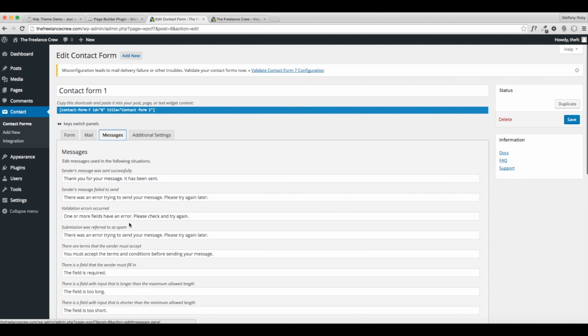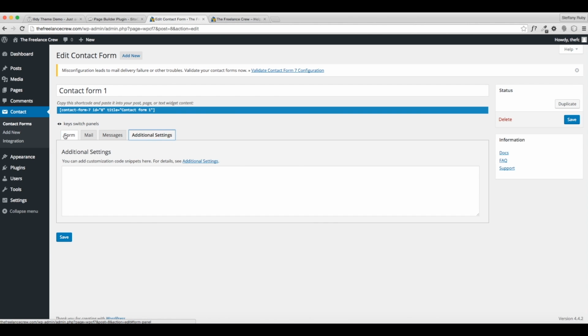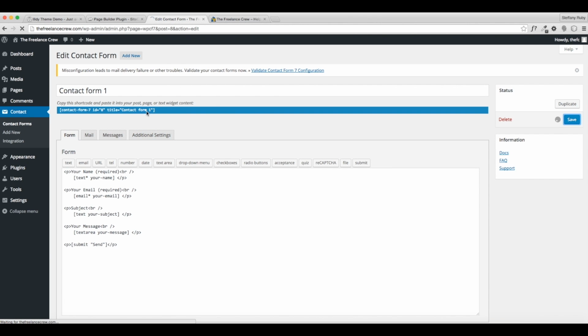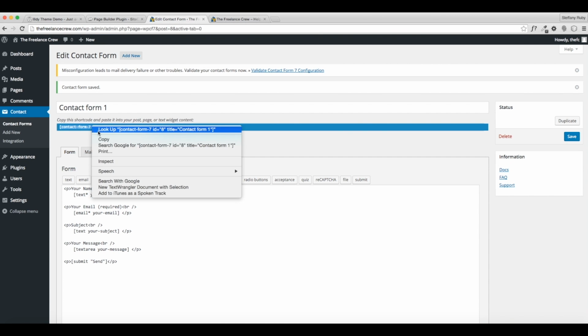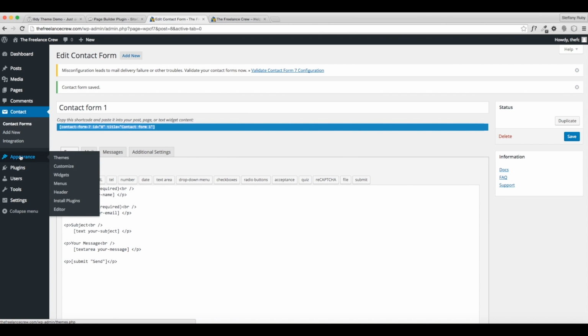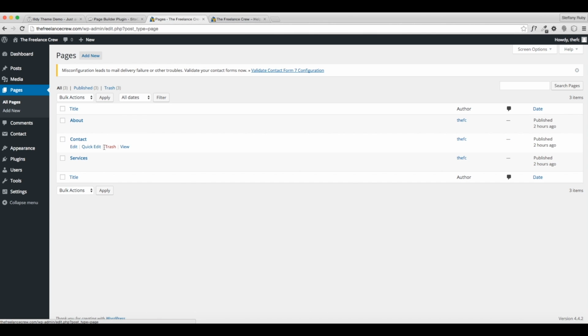But just make sure the two emails are correct. And then you can also change different messages and any additional settings. But we're just going to leave it as is and click save. And then what you want to do is copy this shortcode and just copy it onto your browser. So click copy and then go back to your page, and we're going to use that on your contact page